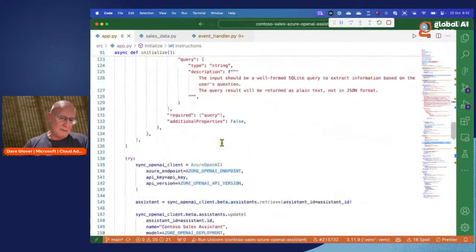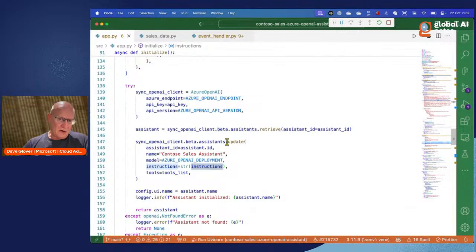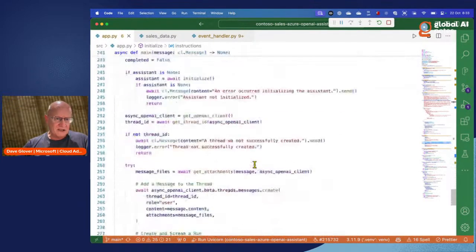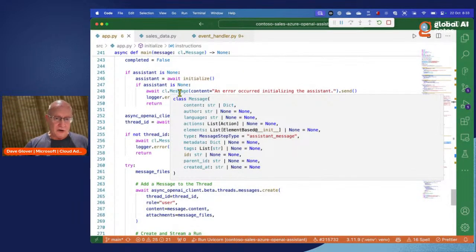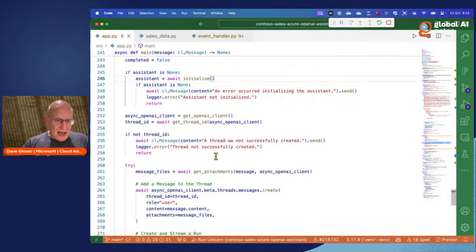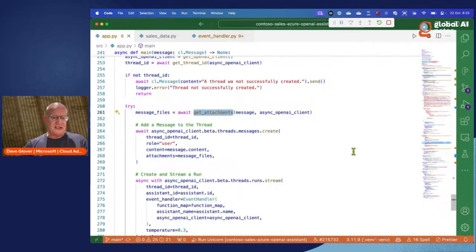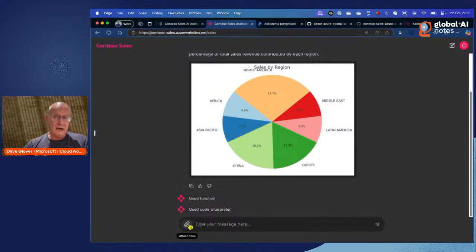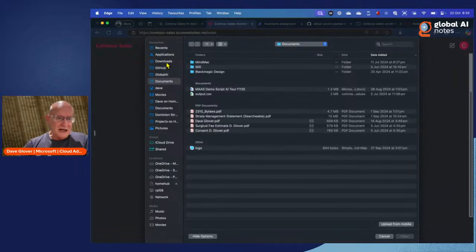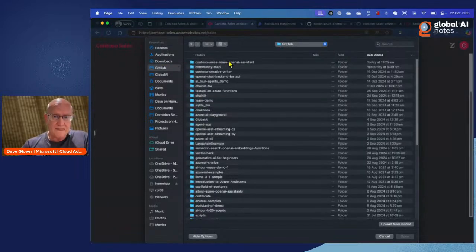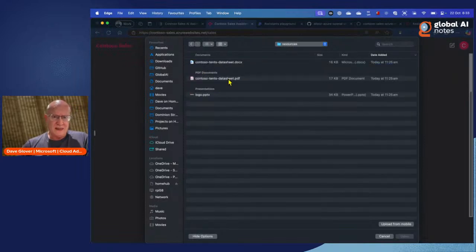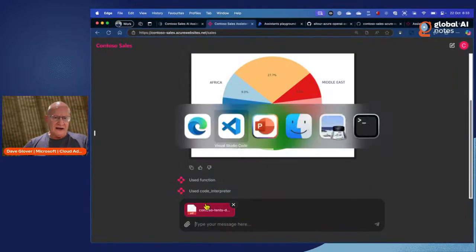And the rest of the application, if I come down here to managing the messages, there's a bit of kind of just junk code to make sure you've got an assistant. You'll see down here we've got stuff for attachments. Actually, sorry, I forgot to do part of my demo. I can come along here and we'll open this up. Go to my GitHub, resources. And what I've done is I've just attached